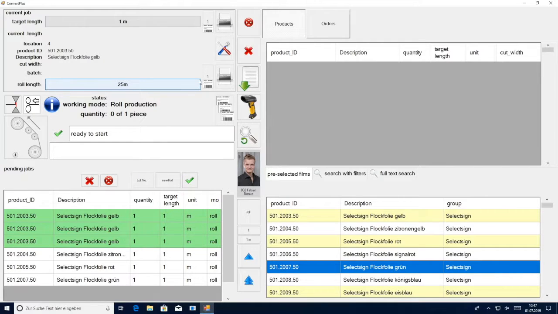One label will be printed for the roll that is going out to the customer, and another label will be printed for the master roll so you can send it back to your warehouse. The label for the master roll will print after both of the jobs are completed. This is because we have 3 jobs right here, so we will process all 3 jobs and then 1 master roll label will be printed after the 3 jobs are processed.